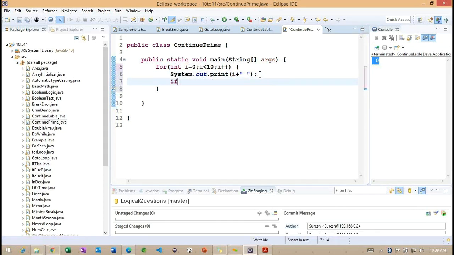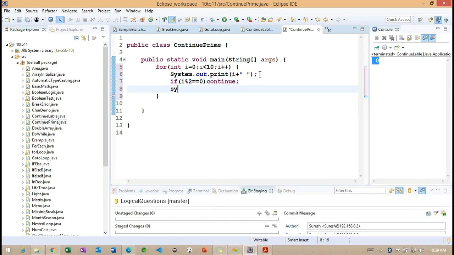And later, after printing this particular i value, I'm trying to check the condition. So what is the condition I'm checking here? i modulo 2 equals 0. So here I want to use continue.